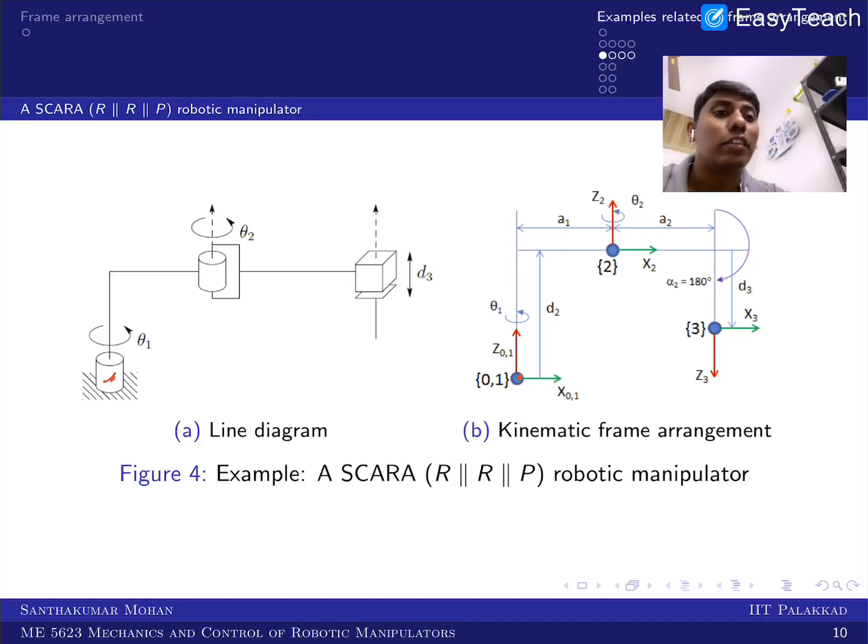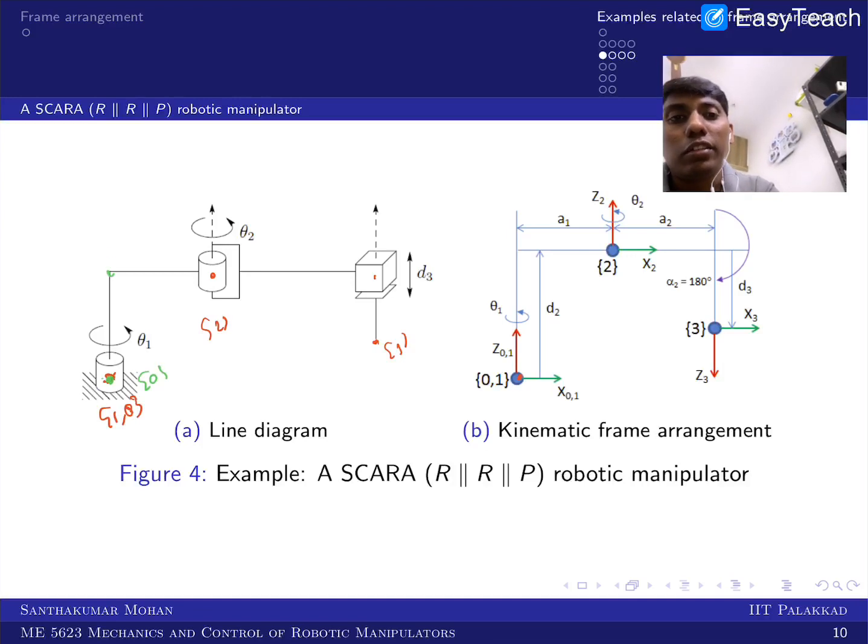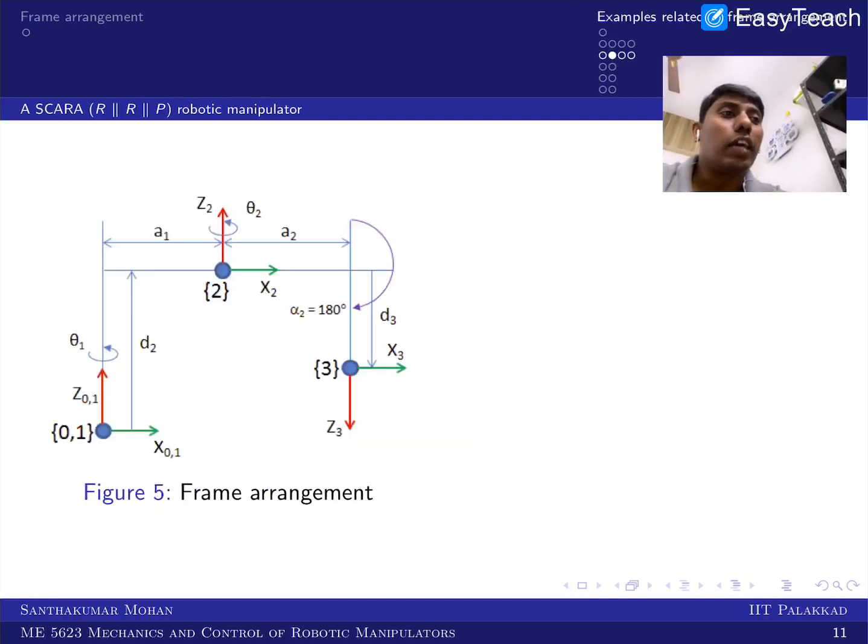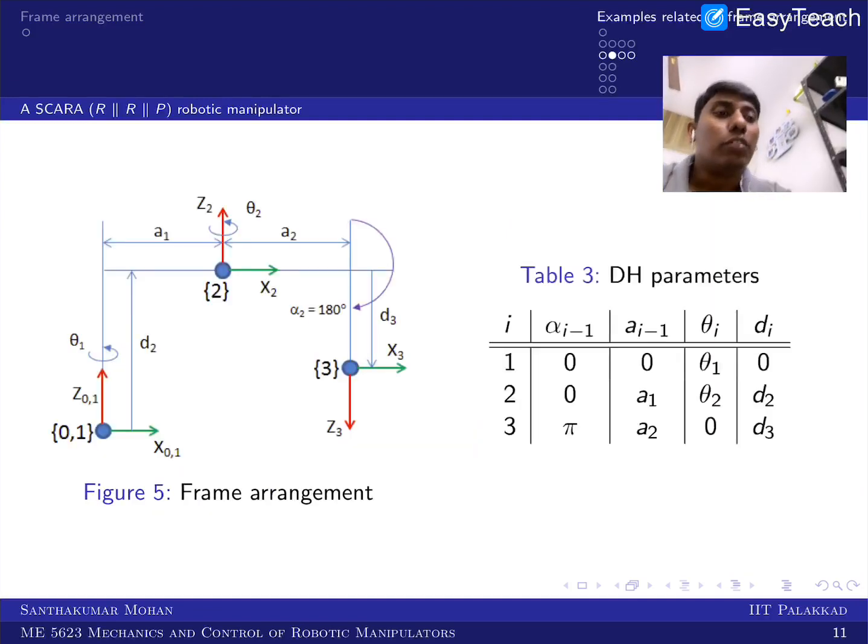That's the only difference. In the sense of what we have done, we have done 1 and 0 here and 2 here, and this is 3 what we have done earlier. So this is 0 and this is 1 and this is 2. Now we can cross check what DH parameter is coming here. The DH parameter is like this. The only thing is that d2 appeared in the second row, whereas in the first configuration we got d1. Nothing else is going to change.